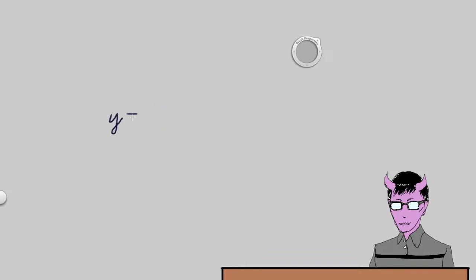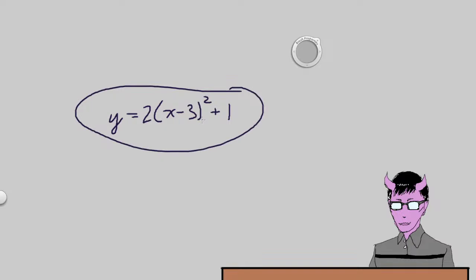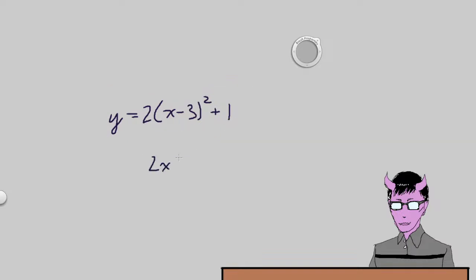So we have y is equal to, inside the parentheses, x minus 3, for example, squared, and then plus 1. So again, this is referred to as vertex form. If you have something else like this, for example,